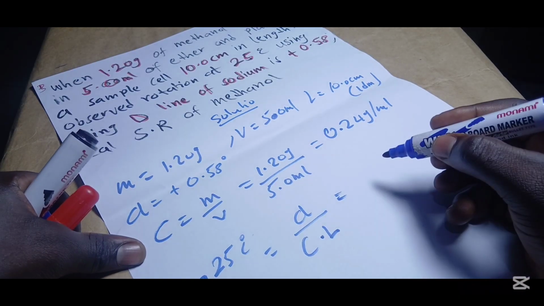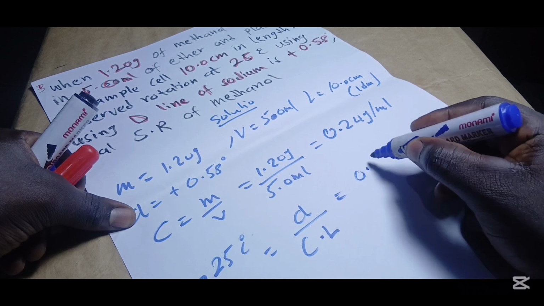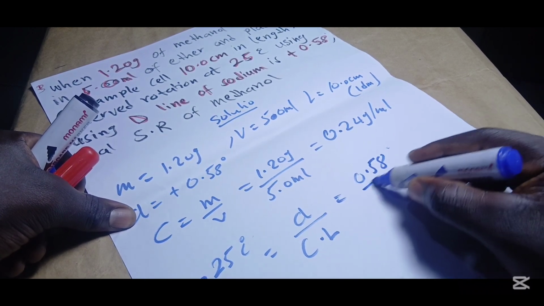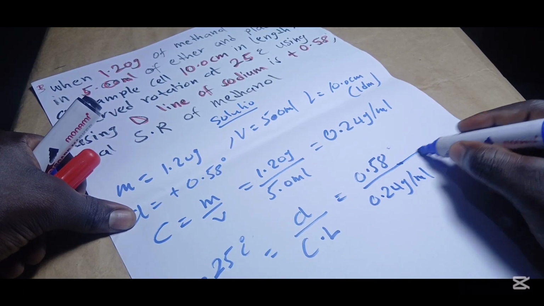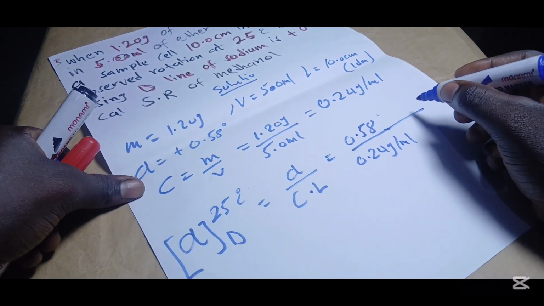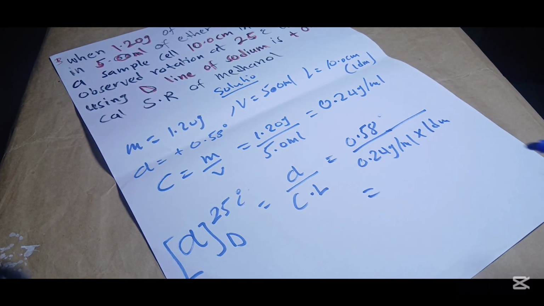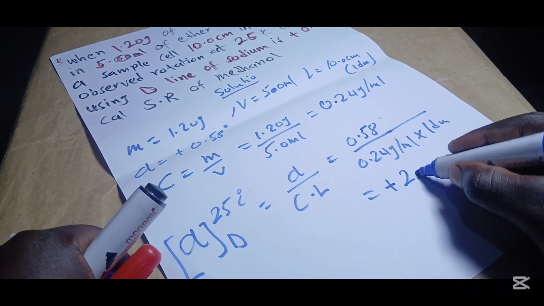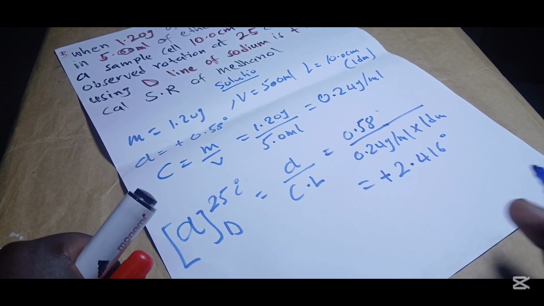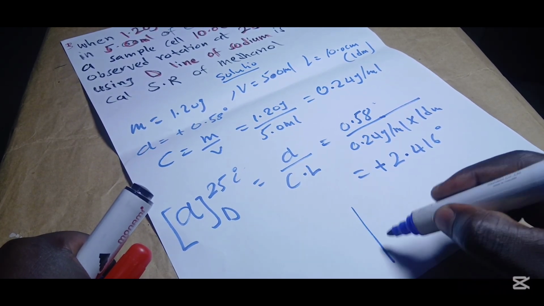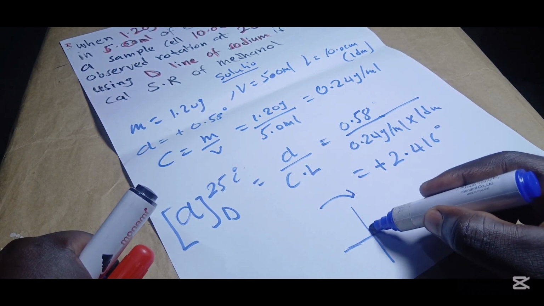We know the observed rotation to be plus 0.58, so just 0.58 degrees, and concentration to be 0.24 grams per ml, and the path length to be 1 decimeter, so multiply by 1 dm. So this is going to give us a positive 2.416 degrees. That is the angle that we get for the specific rotation, and it is positive. It means that our sample rotated the plane polarized light to the right, dextro, at